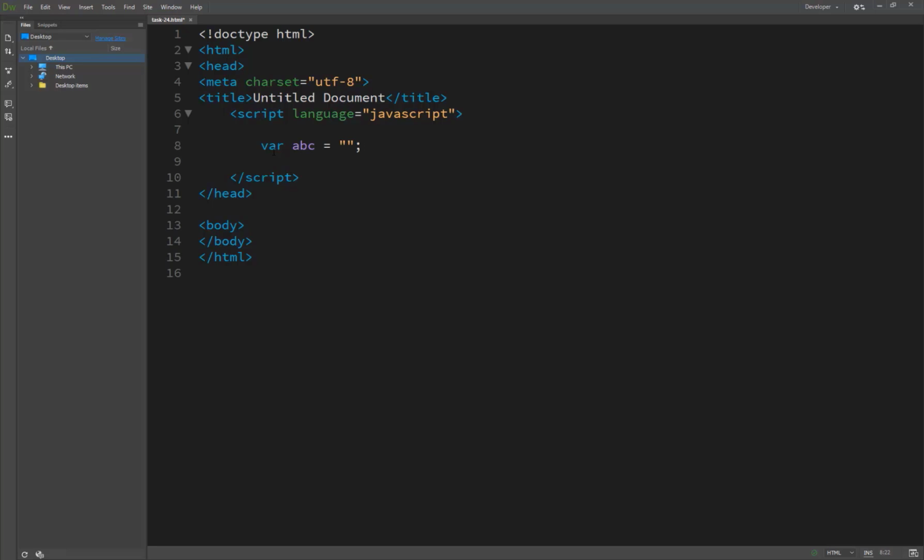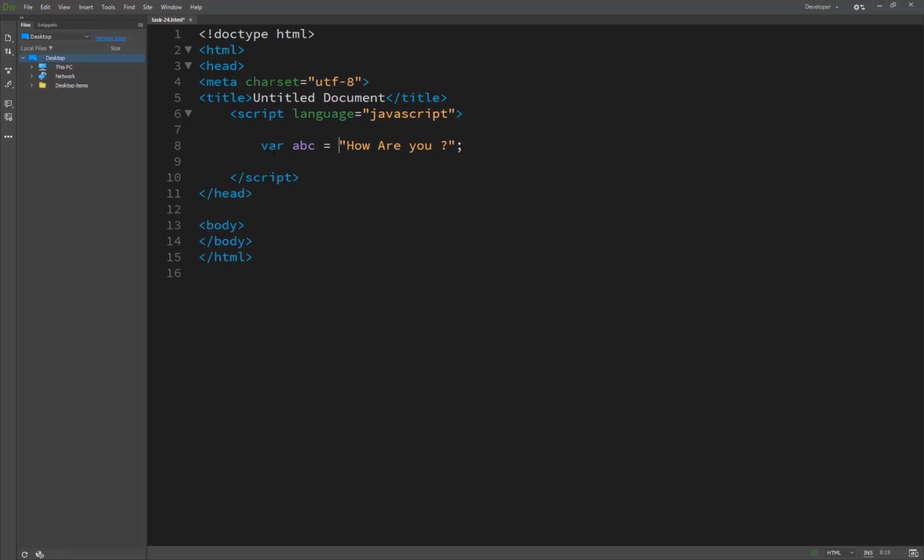Escape is a default function of JavaScript, used for encoding. So escaping your text, I have passed something like, how are you.